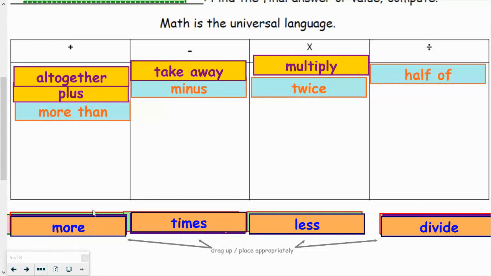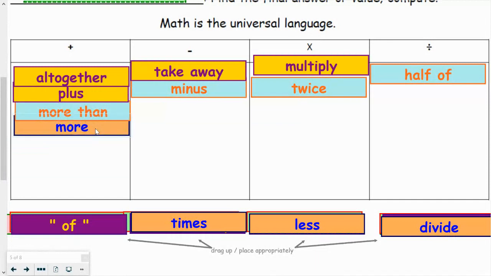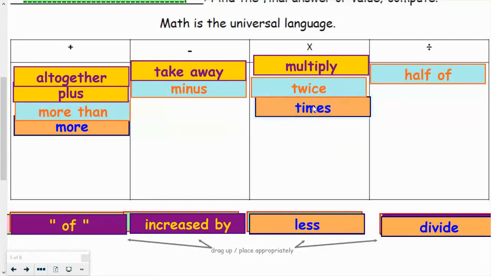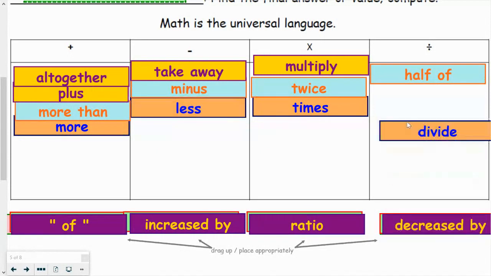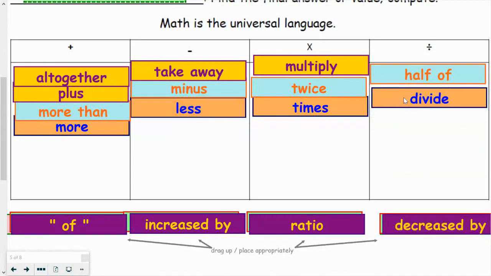If you have more than somebody, that's going to be your more than. Times, that's for multiplication. Less. If you have less than, you're taking that number away. Divide. Okay? Those are some of the more common that you know for sure that they mean addition, subtraction, multiplication, or